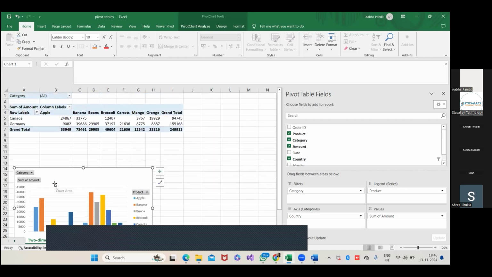Try to understand. It's not only the facts and figures we are showing through the pivot table; we are also representing them. Visualization is also possible, and at the same time we are applying visualization here. Okay, so data analytics के जो steps हैं: data collection, data cleaning, data extraction and data analyzing. Data analyzing we are doing with the help of pivot tables, and the pivot chart we are using for visualization. Is it clear to everyone? Yes, ma'am. Okay.